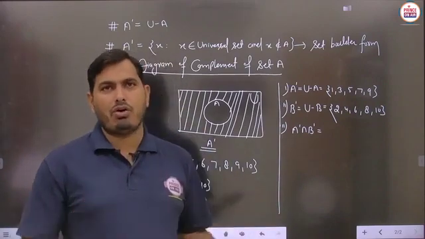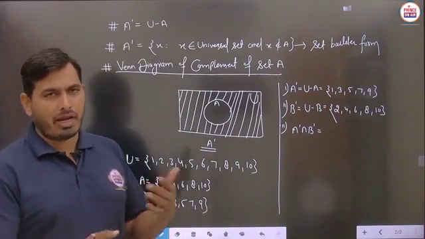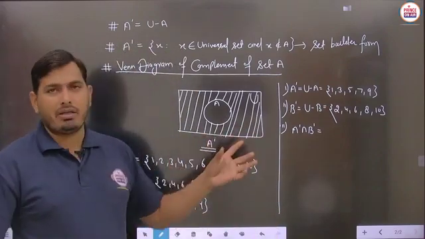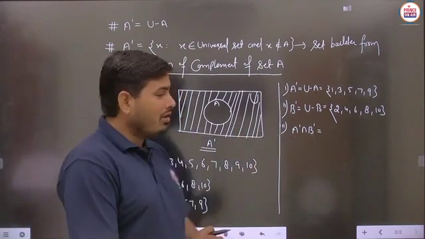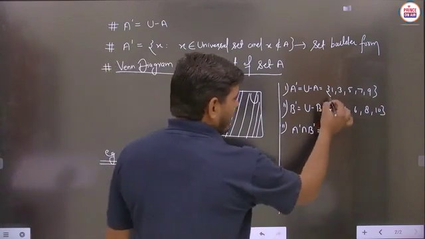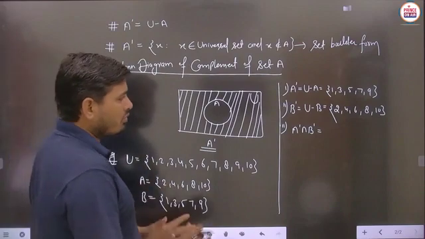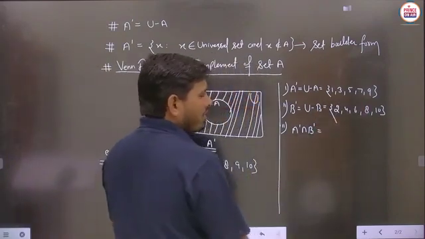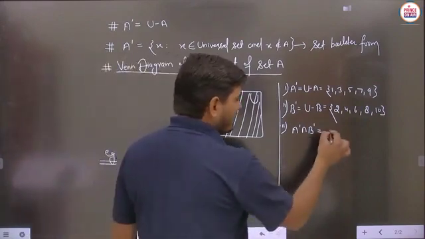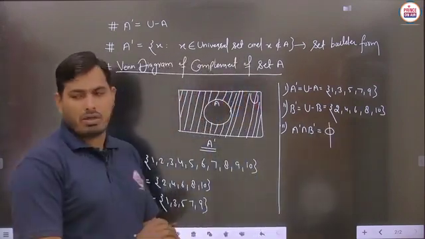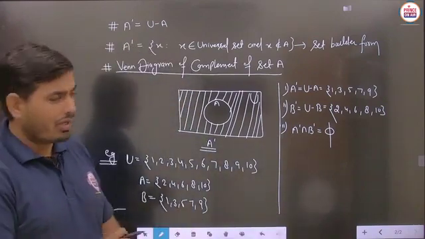So basically students, operations like intersection, union, difference can also be applied in the case of complementary sets. So we can say A dash intersection B dash. Checking here, this is A dash and this is B dash. No element is common in A dash and B dash, because here all the odd natural numbers are written and here the even natural numbers are written. So no element will be common. So the answer is phi, the empty set, no particular element is common here.